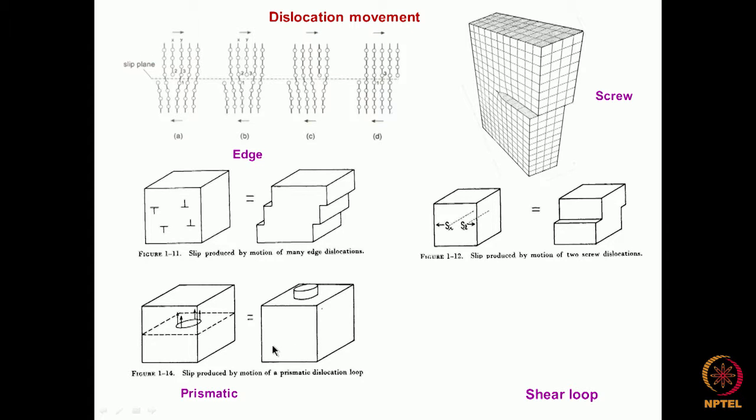Let us look at the case of a slip which will be produced by motion of a prismatic dislocation loop, or the Frank loop which we have just mentioned. In the case of a Frank loop, as you can see, the Burgers vector is all going to be in this specific direction. That is, it is perpendicular to the plane of the loop. Since the Burgers vector is perpendicular to the plane of the loop, as we know, in the last class we defined